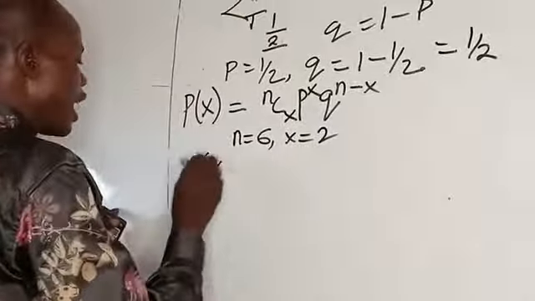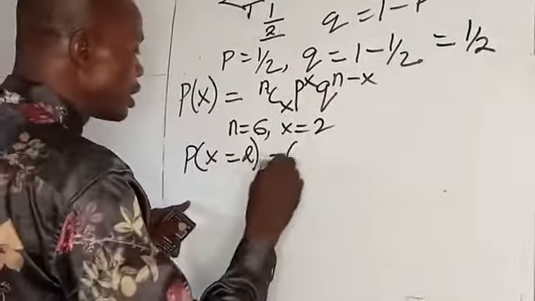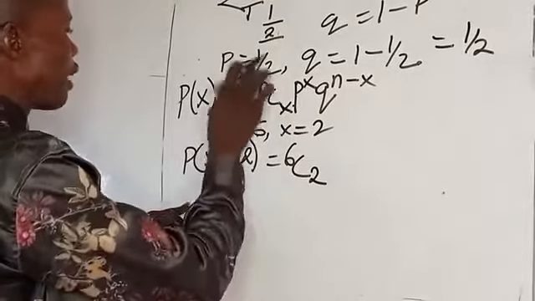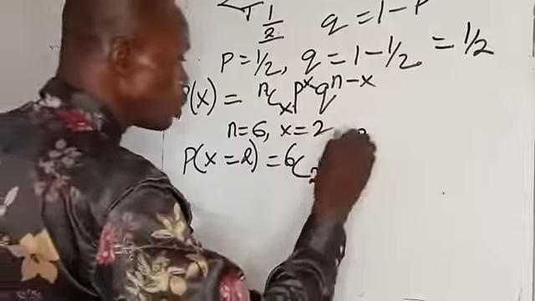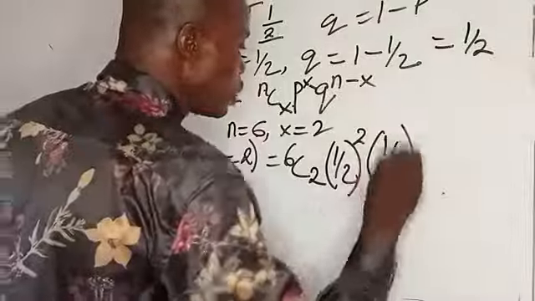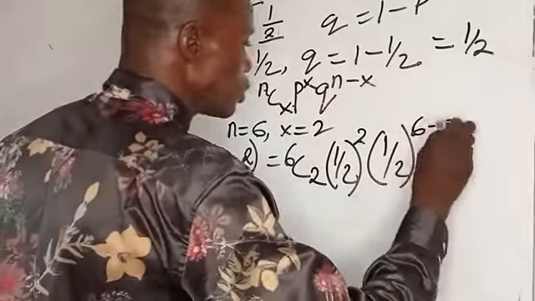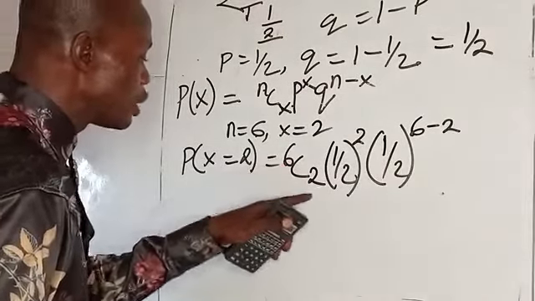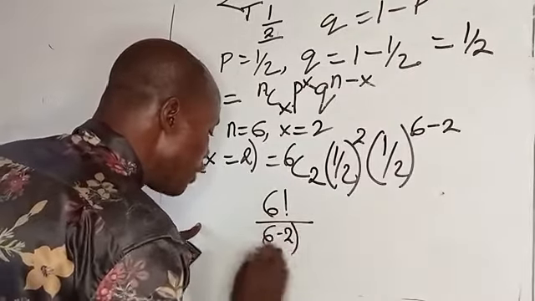We have the probability of X equal to 2, that is, of having 2 heads, equals N, our N is 6, combination X, X is 2, multiplied by P, our P is 1 over 2, raised to power X, X is 2, multiplied by Q, Q is also 1 over 2, raised to power N minus X. N is 6, while X is 2, so 6 minus 2. So we have 6 combination 2, that is 6 factorial over 6 minus 2 factorial and